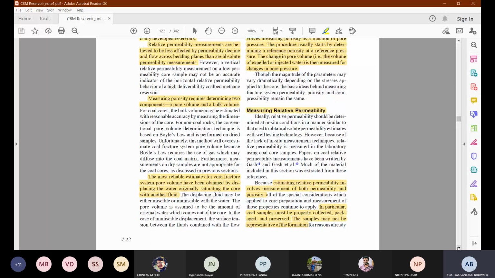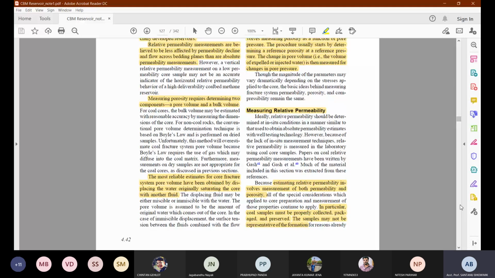When some of the moisture is evaporated, as the water is coming out, the coal volume will shrink. So the fracture aperture will increase. In turn, it will show you an increased permeability value compared to the original situation. So that will be a wrong thing. That's why you have to preserve the moisture, otherwise it may not be representative of your actual sample.